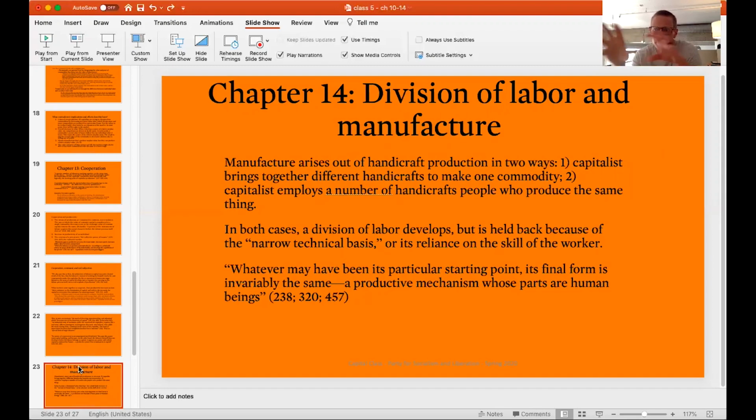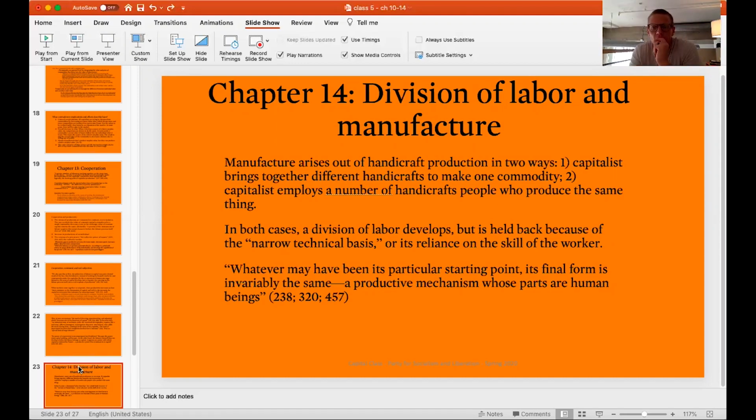The first is heterogeneous because there are different processes happening, and the second is serial because there's a bunch of workers who are working on the same process in a serial fashion, like kind of an assembly line in which one commodity is the final result. Well, that's actually true in the first case also. An assembly line in which what was formerly the work of one handicraftsman is divided up among different handicraftsmen. The division of labor is intensified.